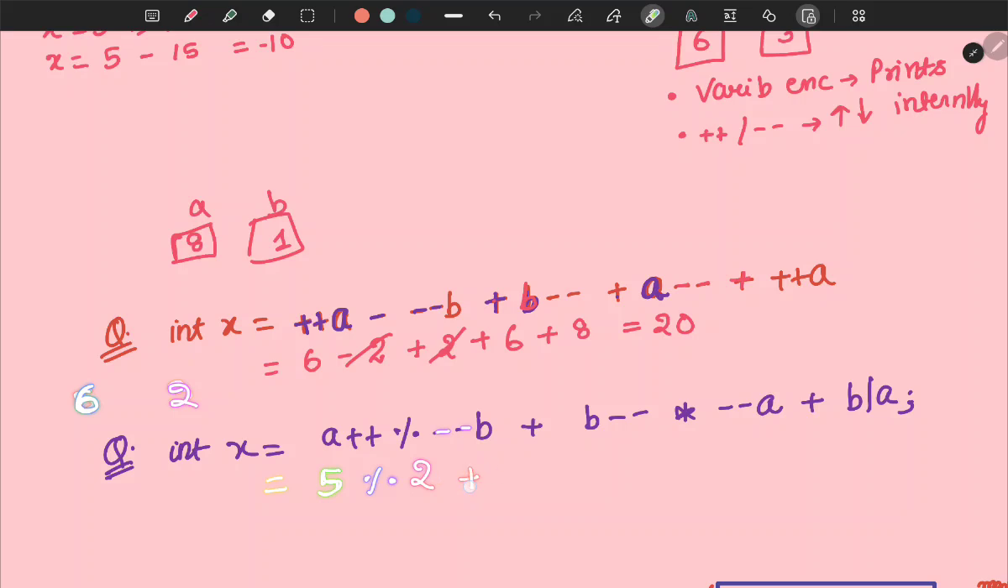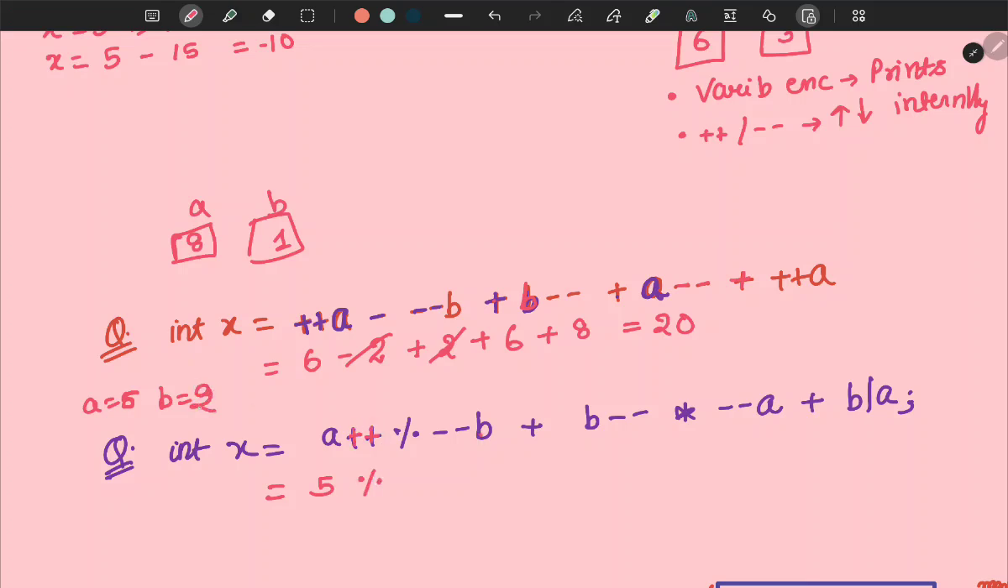Then it saw plus, then it saw b first, right? So what is the value of b? Is still 2. Then it saw minus minus, so the value of b will become 1. Then it saw into, then it saw minus minus again, so it will become 5. Okay, so what I was trying to say is a is your 5, b is your 3, right? So what happened? So a, internally it increased because of this plus plus, then modulus, then minus minus, internally it